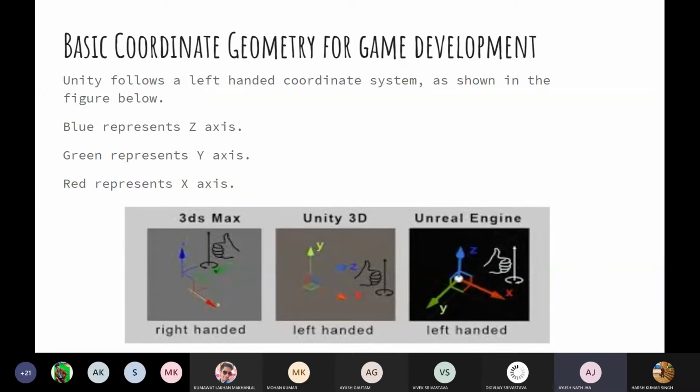The need for a coordinate system in game development is self-explanatory, because we need to place all the objects in the scene, right? So we need a basic geometrical system so that we can define the location for any object in the game scene. That is why we have a virtual space defined within the game engine in which we can place objects according to the distance from the origin, or in accordance with the coordinate system of the particular environment.